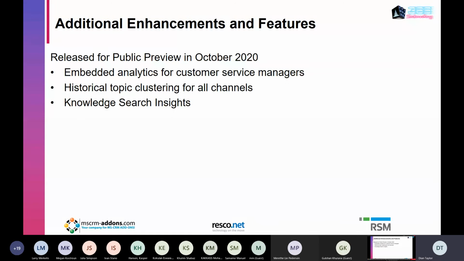And then some additional enhancements and features. We're going to have more reports for customer service managers, and you can see here as well historical topic clustering. Topics are a concept of AI generated data that automatically groups similar issues and cases together. So this is going to give you a full review of the KPIs, and then KB Insights, allowing organizations to